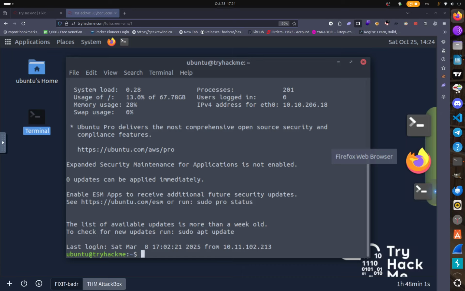Yes, tryhackme123. And then you can see this user has full sudo permission, so we'll